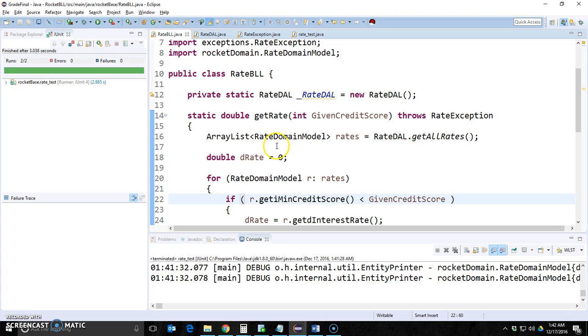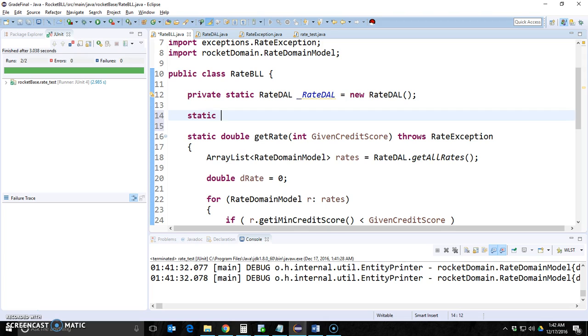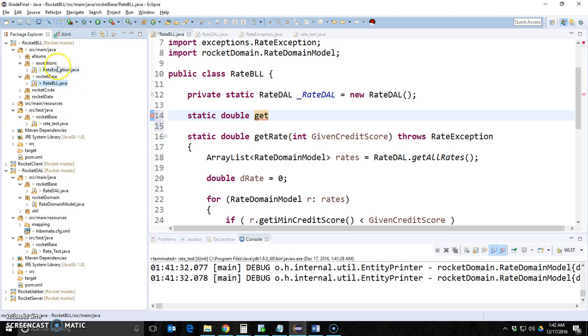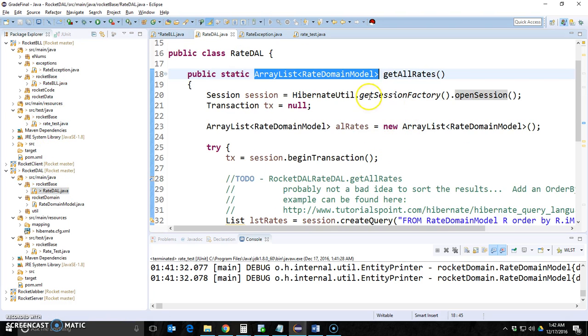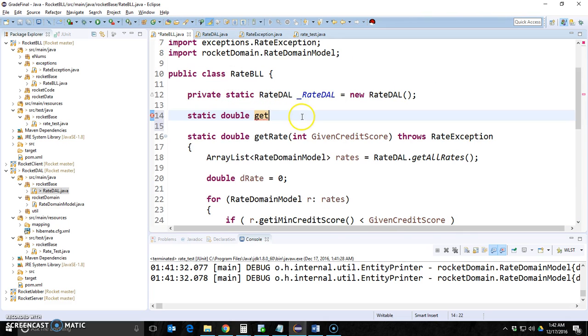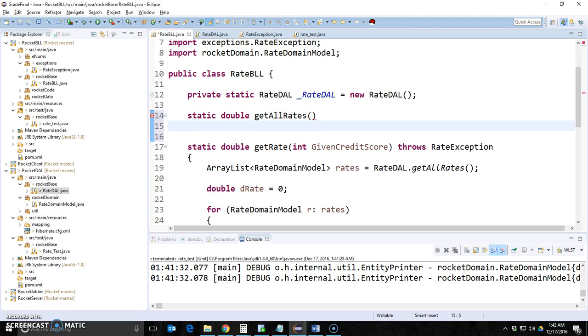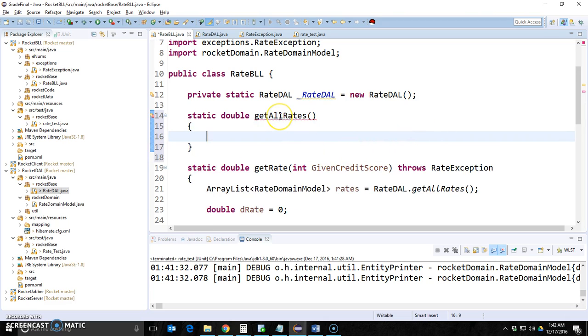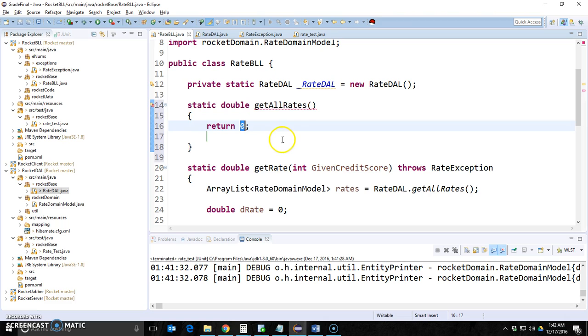So what I want to do is expose that. Let me show you what I'm talking about. If I say static double, here is the DAL, get all rates. There we go. So go to the BLL and say that static double, yep. I'm going to return rate DAL dot